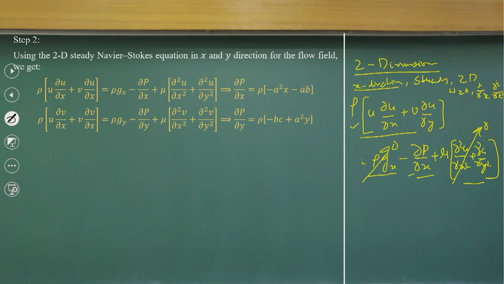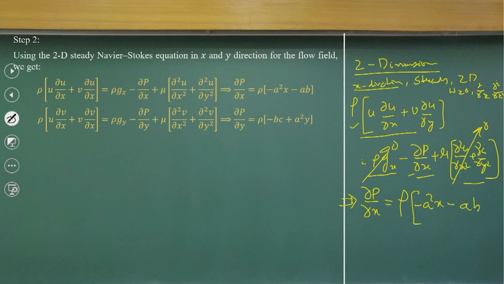As I have the two terms, if I just rearrange, I will get del p by del x equal to rho times, what comes from the convective acceleration terms. As you do the partial derivatives, multiplied with u and v, we will get a square x